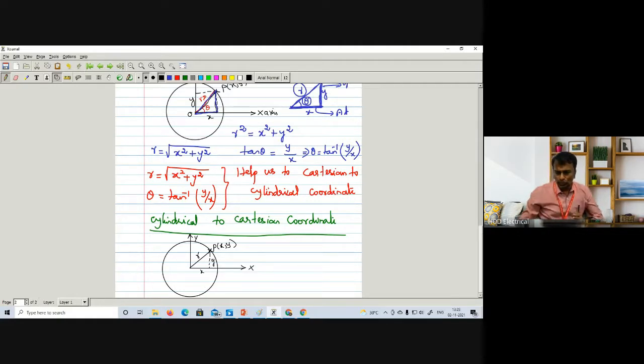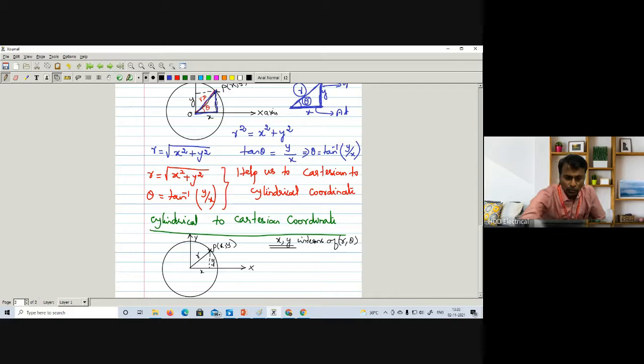So we are going to write this x comma y in terms of r comma theta. Since r is varying based on the radius of this circular path, theta is varying based on the position of the point with respect to the x-axis, how far the point will be. So we already know r comma theta, and we are going to find out x comma y.